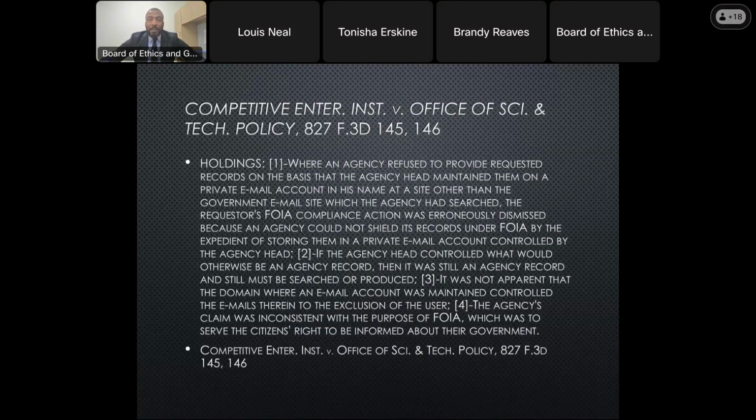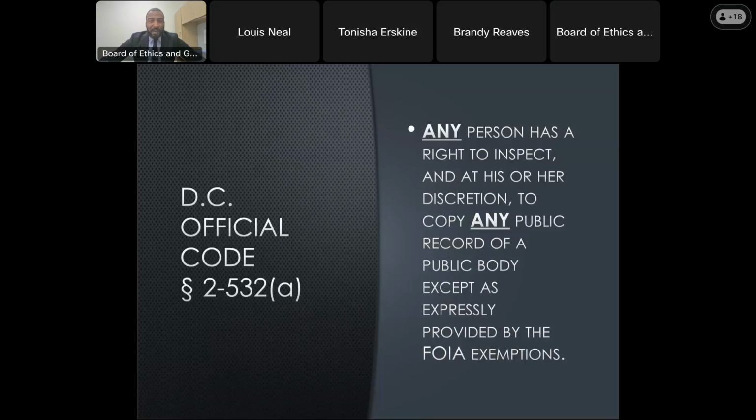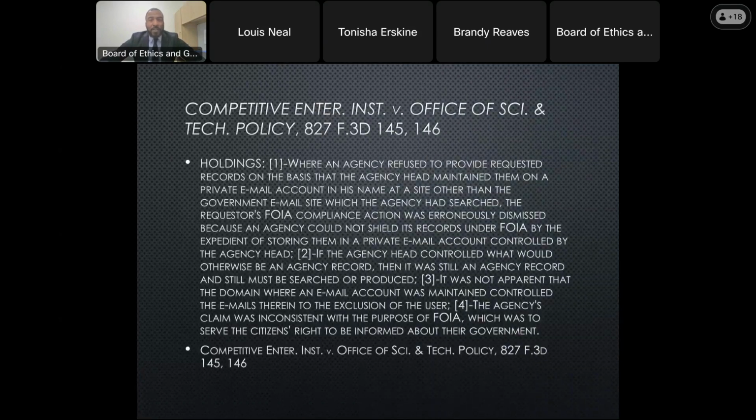Okay? It was not apparent that the domain where the email account was maintained controlled the emails therein to the exclusion of the user, and the agency's claim was inconsistent with the purpose of FOIA, which was to serve the citizen's right to be informed about their government.